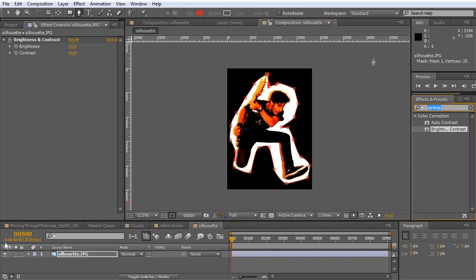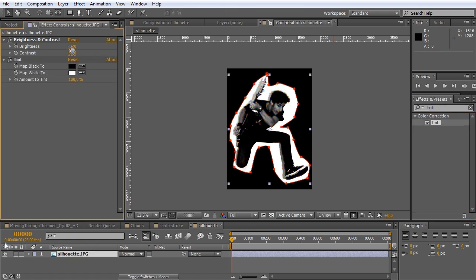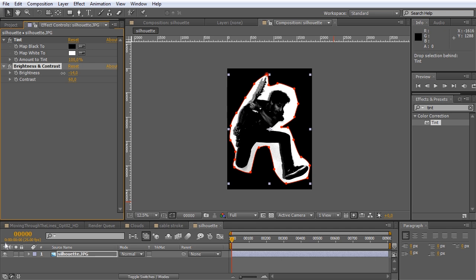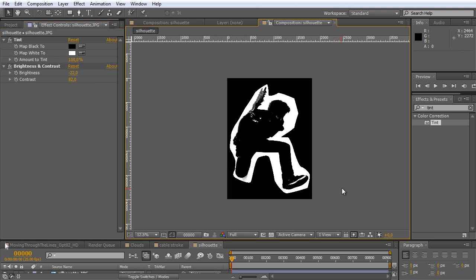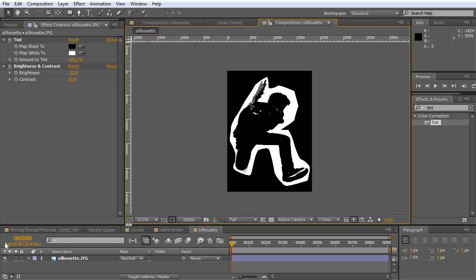Okay, and now we just tint it. Now let's bring the brightness and contrast behind the tint, so you can see this works a bit better. And now we can play with this a bit more until we have a look that we like. So now you can see that the white in the shoes really helps sell this, because it is a nice effect which comes along. And to transform this into a nice silhouette,